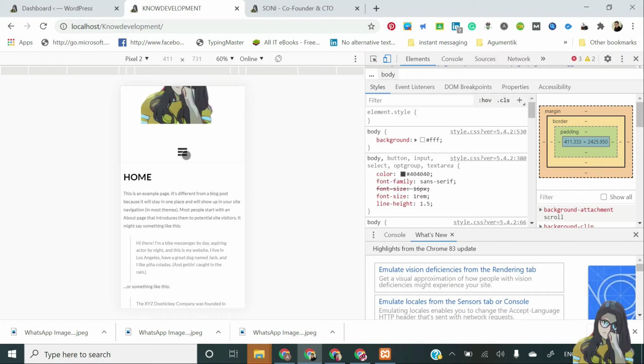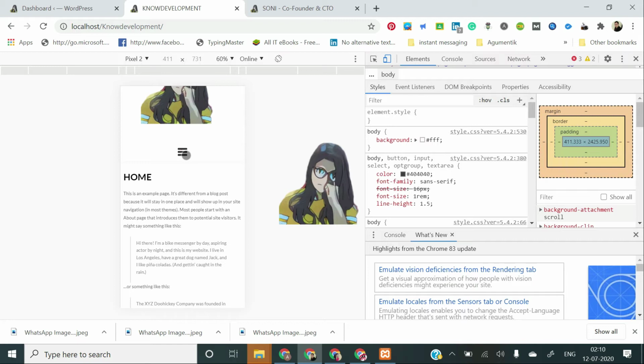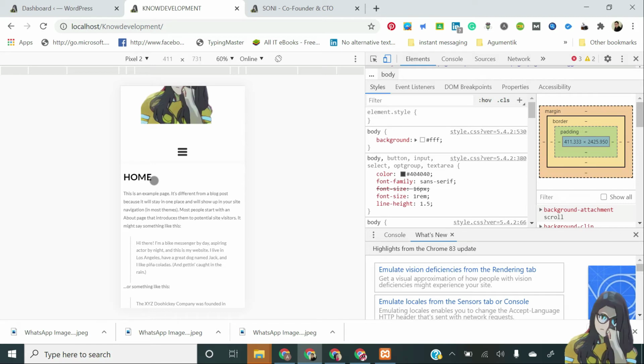Now you would be thinking what the meaning of CSS code is. CSS is a cascading style sheet. In a simple way, I'll explain it. Suppose this is your website, this is home, this is the title and this is the description. Now you think the background color should be changed, instead of white it should be pink or red. Then how can you do it? For that you will have to write code.